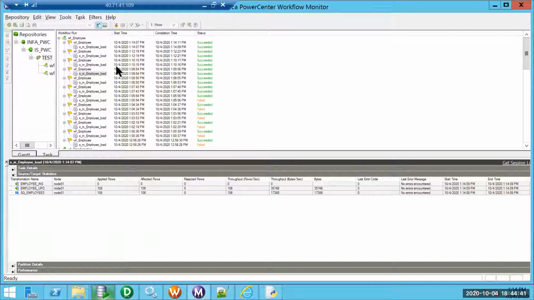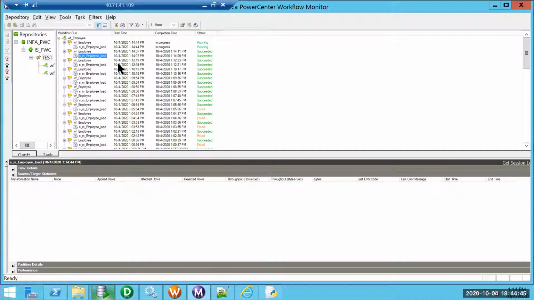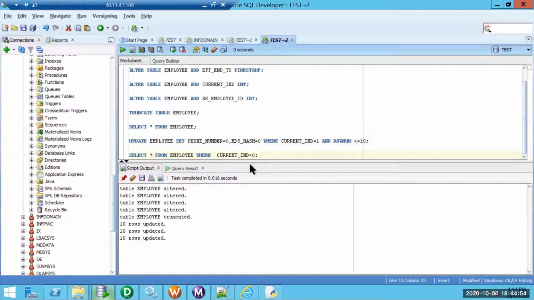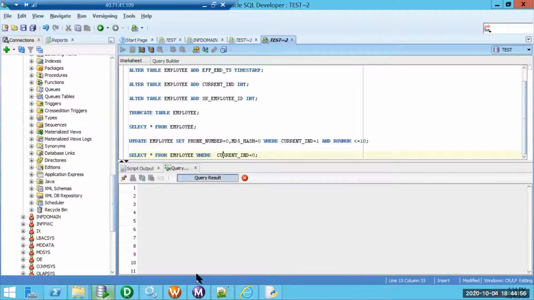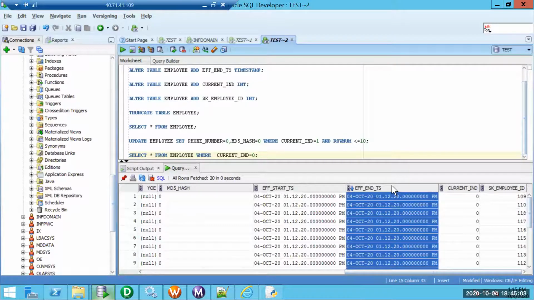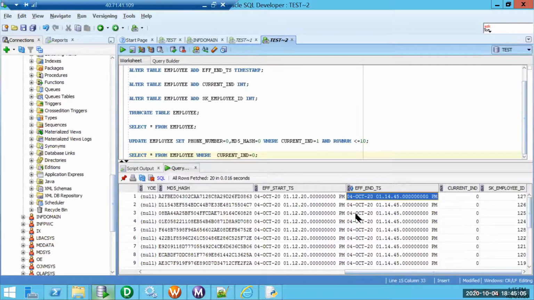If the current indicator is Y or N, then probably we will not find anything. Let's see now. 10 records got inserted. So if we see those 10 records, whatever are recently inserted, that insert time will be different. It was actually inserted at 1:12, 2 minutes back, and then it got ended at 1:14.